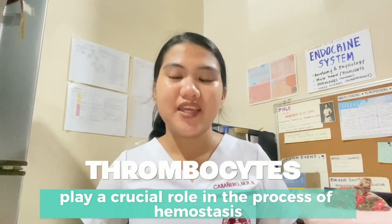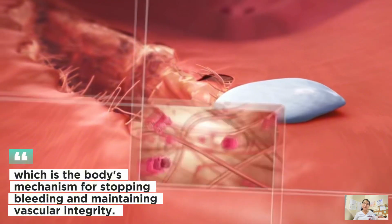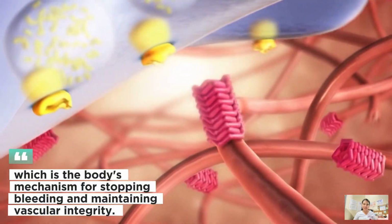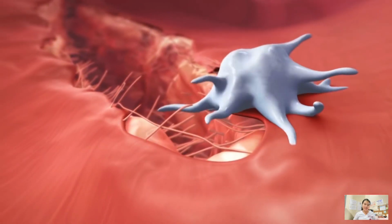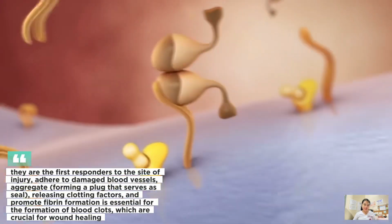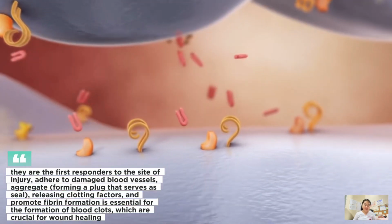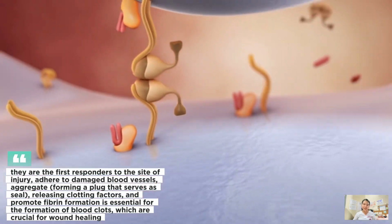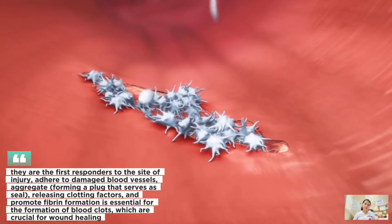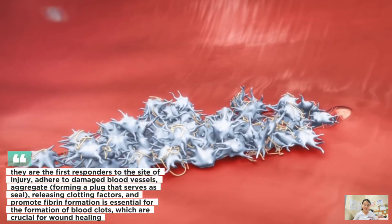Platelets, also known as thrombocytes, play a crucial role in the process of hemostasis, which is the body mechanism for stopping bleeding and maintaining vascular integrity. They contain clotting factors and enzymes as well as protein. They are the first responders to the site of injury, adhere to damaged blood vessels, and aggregate, forming a plug that serves as a seal, releasing clotting factors and promoting fibrin formation, which is essential for the formation of blood clots,